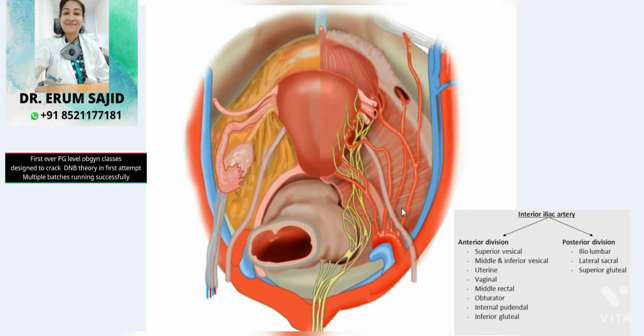And I hope by this lecture you've got a visual diagram of the relationships of the internal iliac artery, and you won't have to mug up these things. This kind of diagram is not expected from you, but yes, maybe a rough diagram in which you will show this and the landmarks which I've just mentioned, that will be enough. Such an elaborate diagram I don't think is expected from you, but these bony landmarks which I mentioned and the relationships over here, that is expected of you, and maybe a little bit of applied anatomy, that will all be asked.